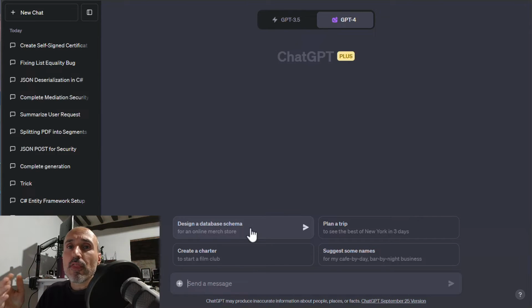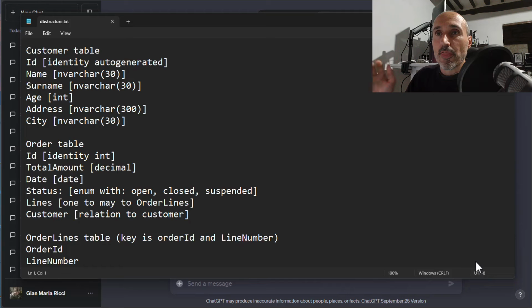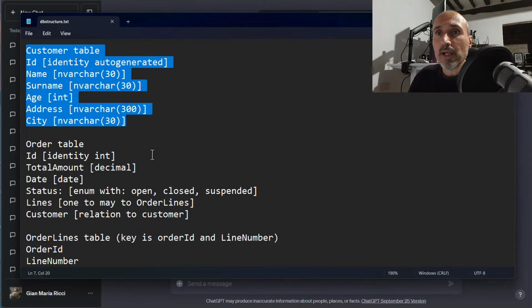So even if this functionality is thought mainly to analyze data, no one prevents you from uploading a file and asking ChatGPT to do something with the content of the file that is not analyzing the data, but maybe generating code. And here is the trick. I start by creating a file called dbstructure.txt where I'm specifying tables and some information about the tables. As you can see, I've also written some specifications like the type of the data I want to use